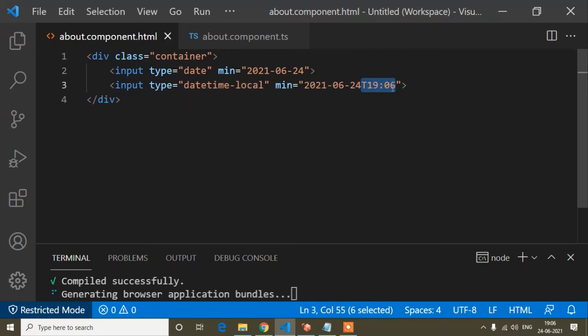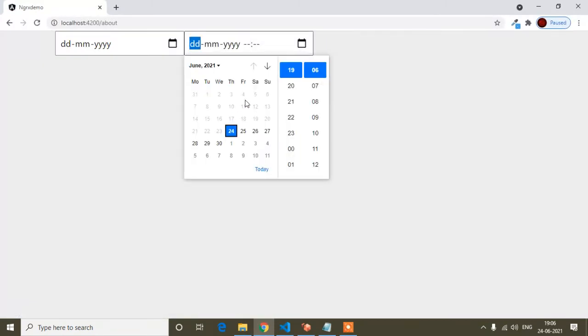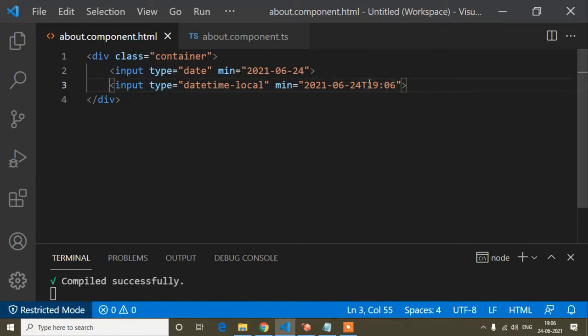Okay, so I will save this one, and now you will find the date is disabled, but the minimum time is not disabled, because it didn't work. This format didn't work. JavaScript provided this format, but it's not working. So at that time we can do it in two ways: we can reset our input field when the user selects the previous time, or we can show the user a message that you have selected a previous date.